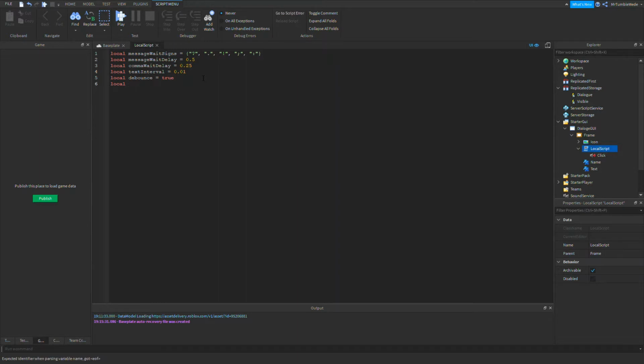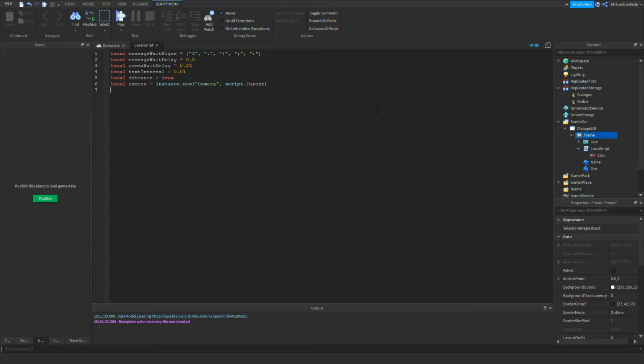So now we want to make a camera, so we'll use Instance.new and add a camera, and we will put this in script.Parent, which is pretty much this frame. Okay, so now we want to make a function, I like to call it updateCharacter, and this is pretty much the viewport character.